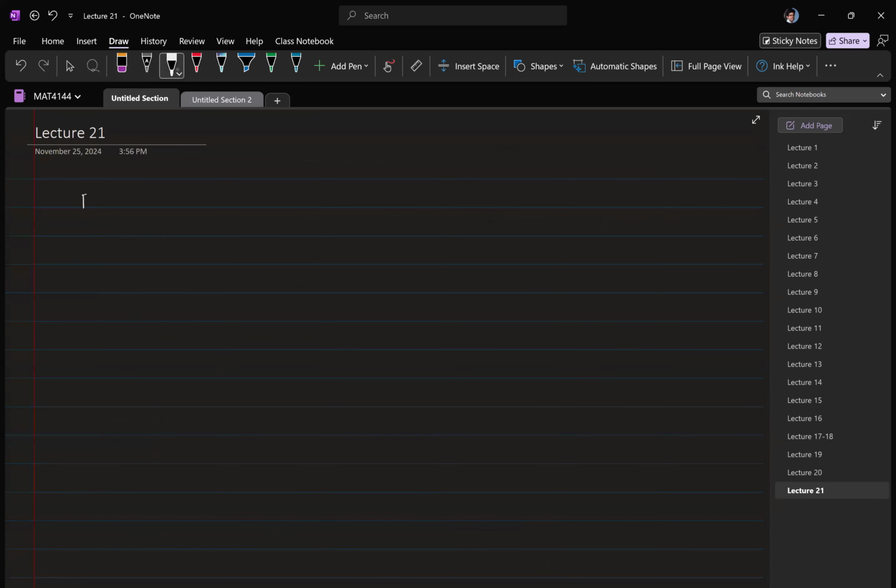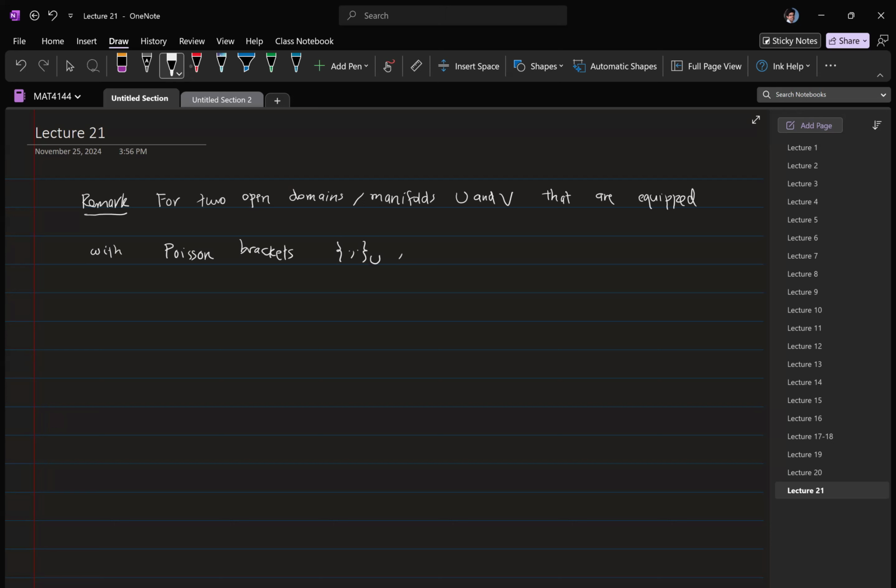And so here is a remark. For two open domains, or more generally manifolds, say U and V, that are equipped with Poisson brackets, say brackets of U and brackets of V, a smooth map, say F, that goes from U to V is called a Poisson map